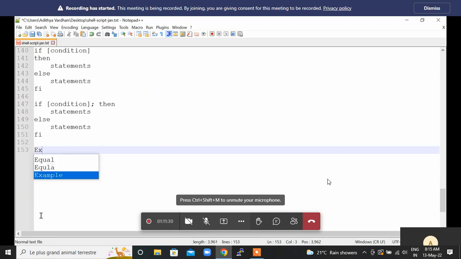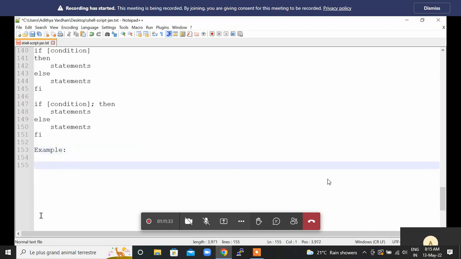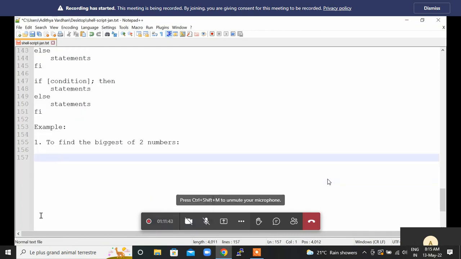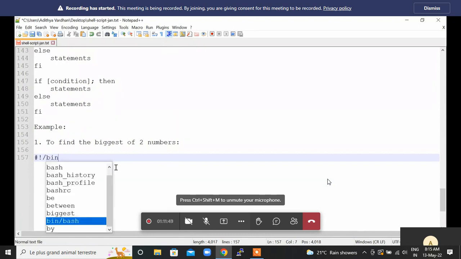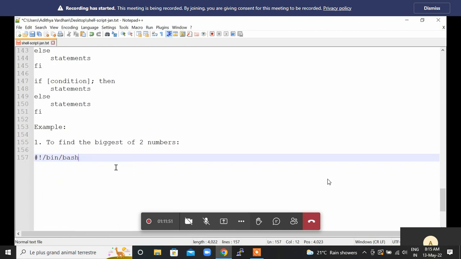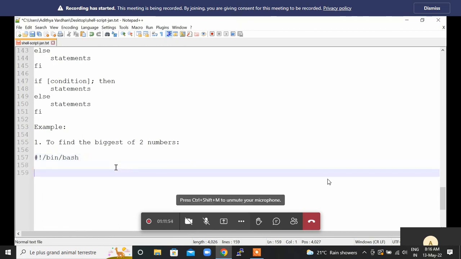To give an example, let's write one to find the biggest of two numbers. Let's try to write a script to find the biggest of two numbers. I'll start with the shebang, #!/bin/bash. I'll use an if condition: $1, if it is greater than $2,